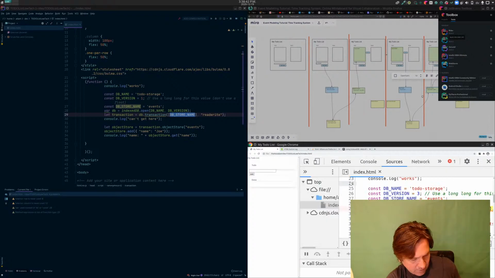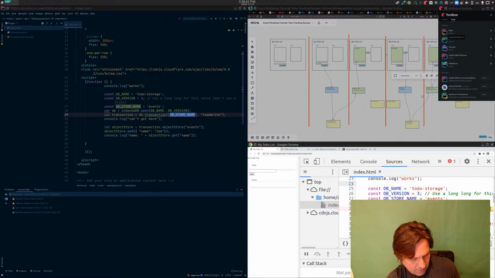Let's see what IntelliSense gets us here. So db.transaction, that's very odd. IndexedDB dot